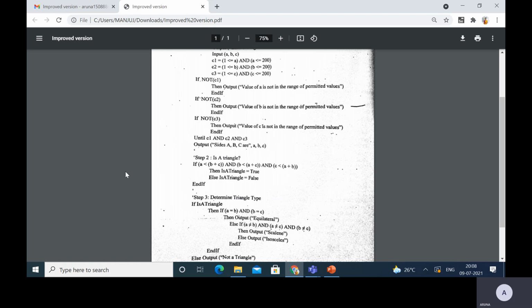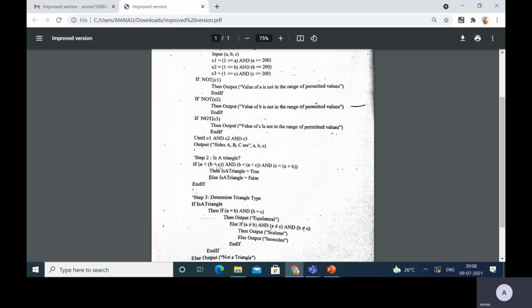So you will be forming the scalene triangle again. We'll read 1, 2, 3 as an input. Okay, all are within the range. It will exit the repeat until loop, and then we are going to print the ABC value 1, 2, 3.